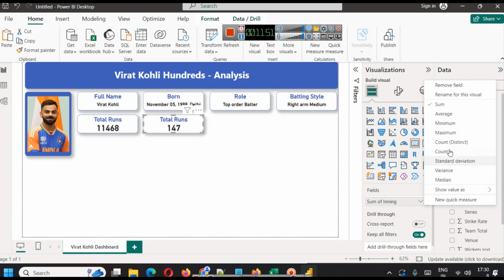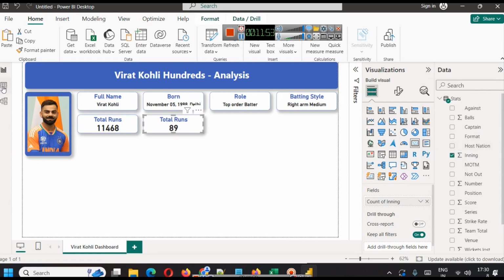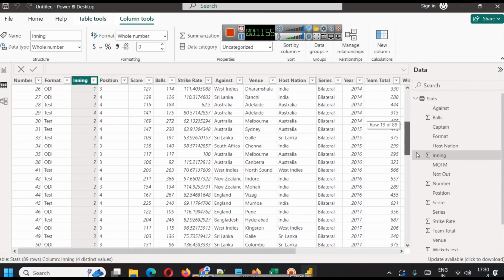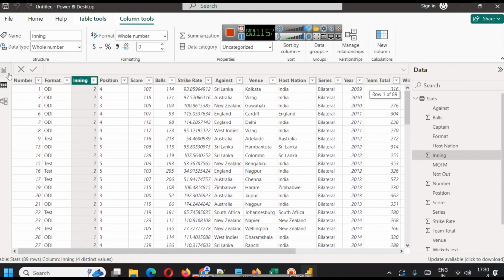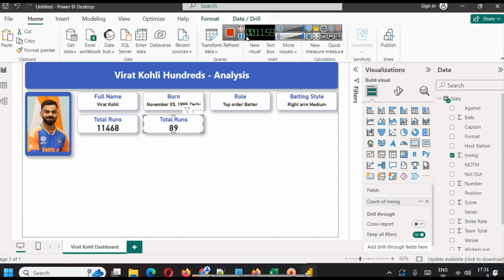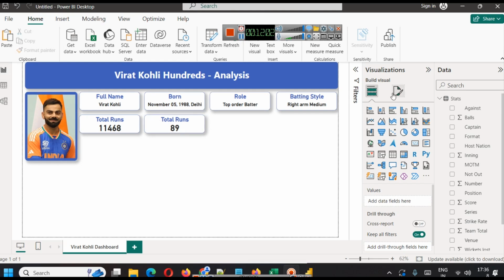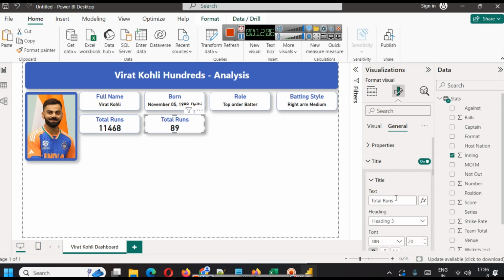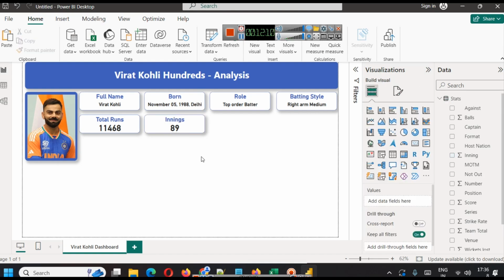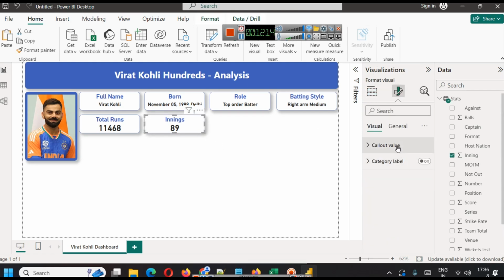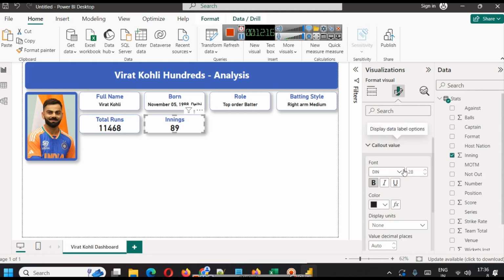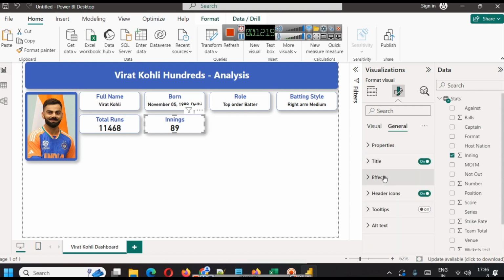This is the count of innings, which will give exactly the number of rows in the data. And instead of total runs, we change the title to total innings. So in total 89 innings, Virat Kohli has made